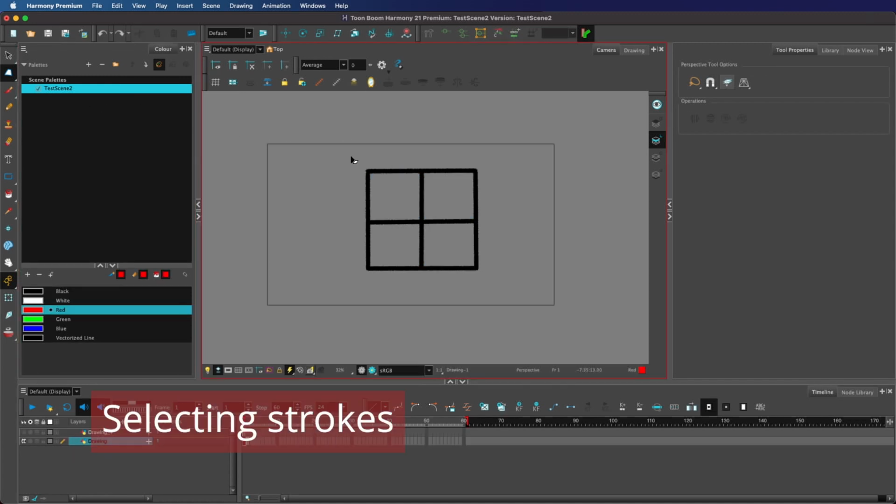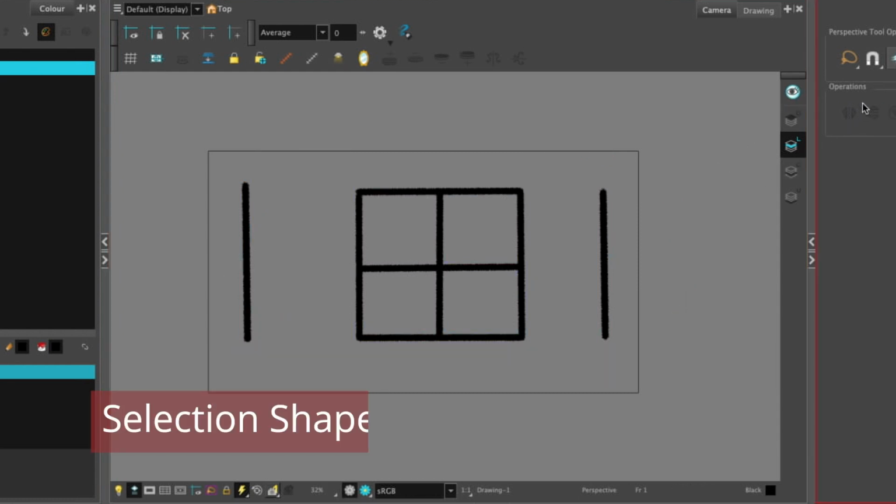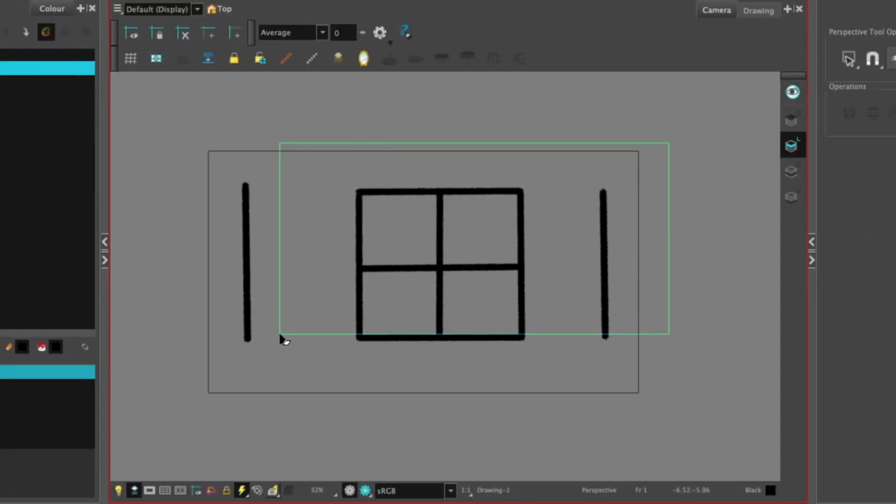This tool affects the drawing data itself, so it allows you to have multiple drawing strokes selected. You're able to click on a stroke and select it. You can use your mouse to drag a selection too. By default, it's a lasso. This is changed within the tool properties window here. It can be changed to a marquee, or in other words, a rectangle drawn by your mouse. Holding Alt will temporarily swap to the opposite option. So if you have the lasso selected, if you hold Alt, it will use a marquee and vice versa.